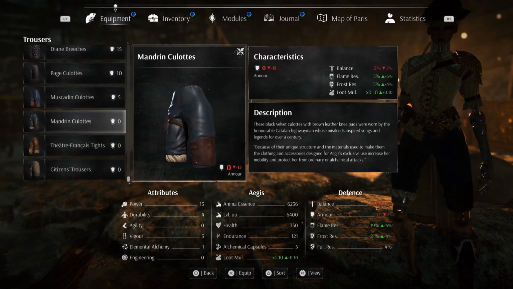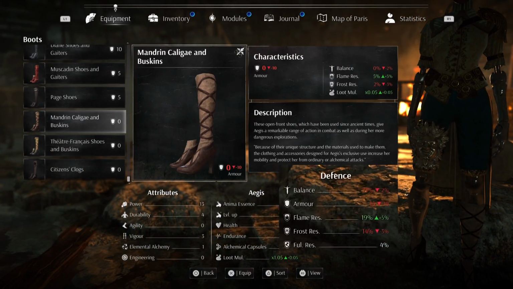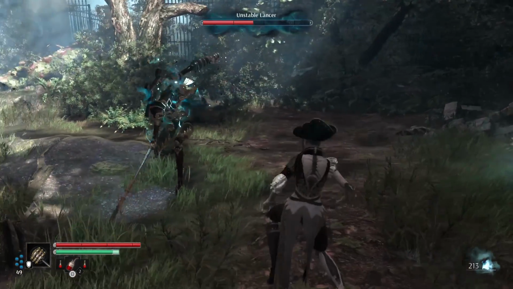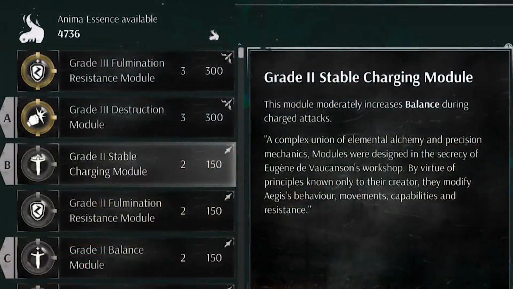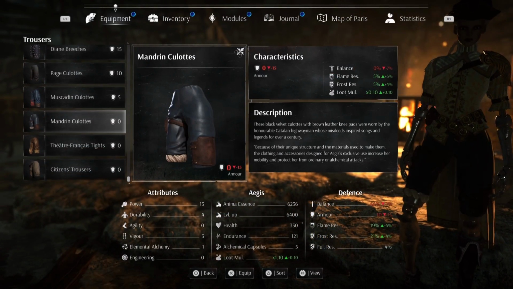What's also really useful to keep in mind, especially if you want to use slow weapons like the Volley Mallet, is the balance stats. When your balance is low, enemies will easily interrupt your attacks and stagger you, which can be very annoying when you're trying to charge up your attacks. Be sure to have at least some balance mod installed or a couple of armor pieces which will increase these